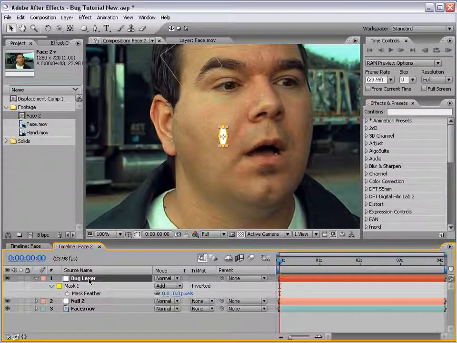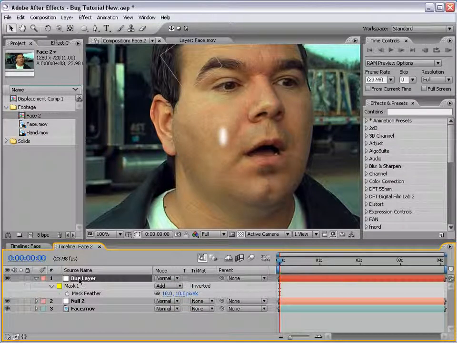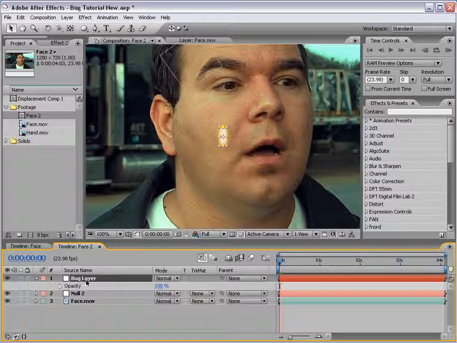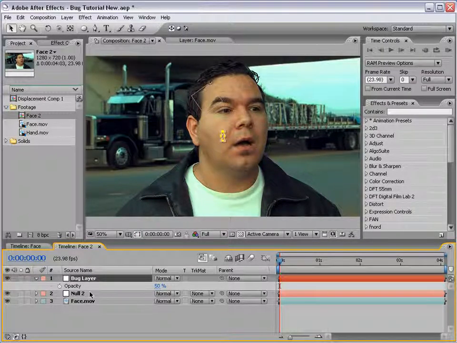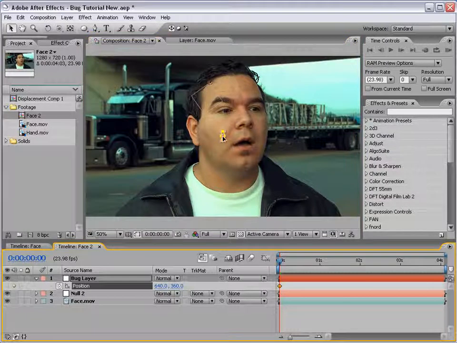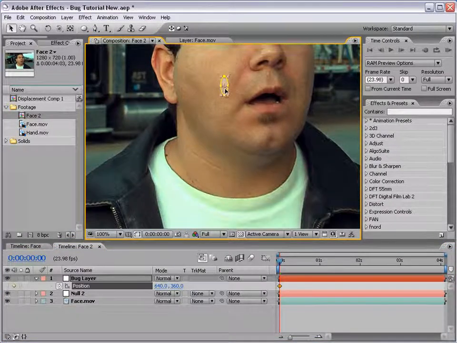and then I'm going to hit F. I'm going to feather this out about 10, and then I'm going to hit T, and then we're going to lower the opacity to 50%. Okay, so what we're going to do is animate this bug layer so that it looks like it's crawling on his face. So I'm going to hit P, brings up our position, and I'm going to set a keyframe, and then I'll just, let's see, I'll move, dang it, lousy gun. I'm going to go ahead and move it down here below his shirt line,